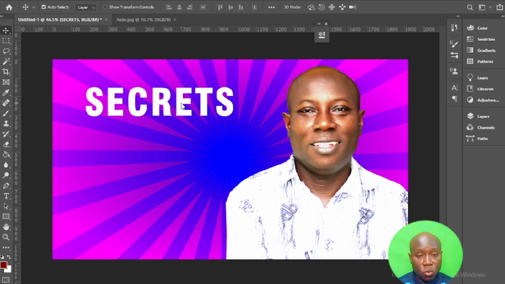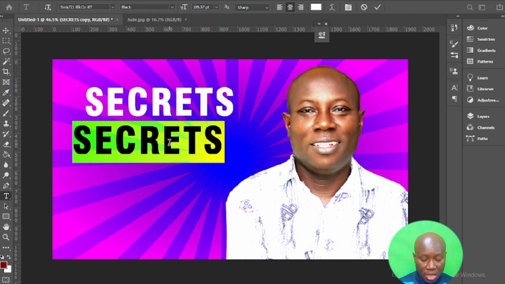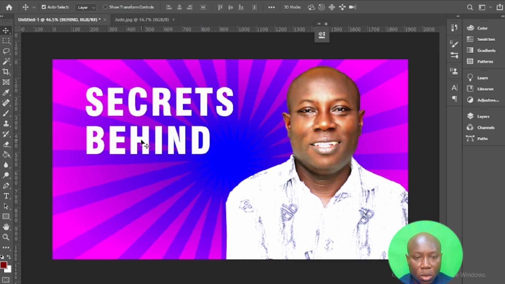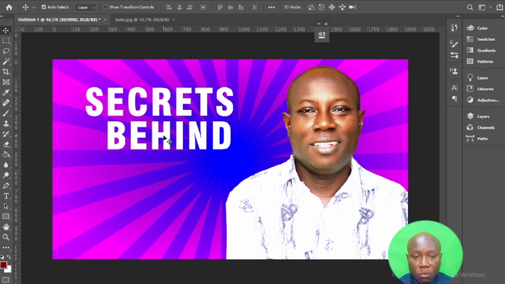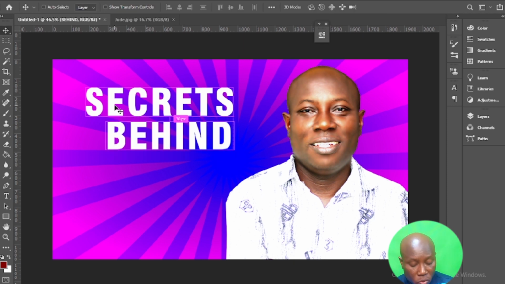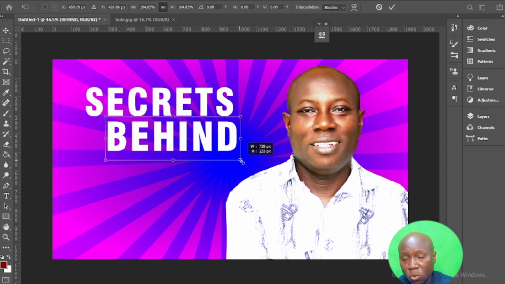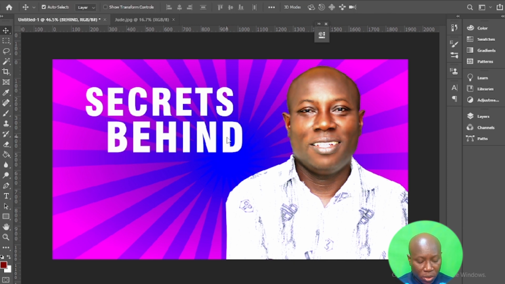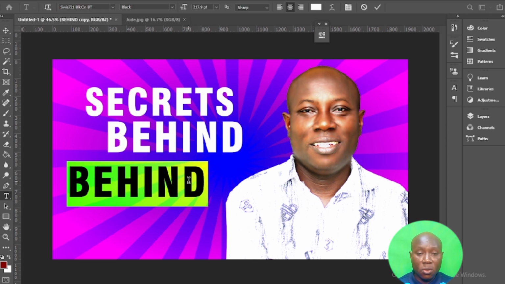Then the next thing, I also want to duplicate the Secret where I want to type more text. Control J to do that. You can press Control C and Control V, then drag it out, double click on it and type whatever I'm going to put behind it. Then this one too, I'm also going to work on this and see if I'm going to increase the size or not. If you want to increase the size, fine. If you don't want to, let's increase the size a little. I just hold down my Control plus T to apply that. Again, you press Control J, hold down Control key and J is going to duplicate that. Then bring this down again. Double click on that and type in